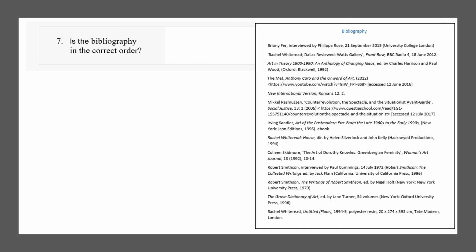It should list the writings of Robert Smithson before the interview. Then we have Turner and Whiteread, which are in the correct order there. So yes, there is one entry in the wrong place. Well spotted if you found it. That was tough. Some of the more keen-eyed among you may spot a few more different errors here, but I'll leave it there for now.